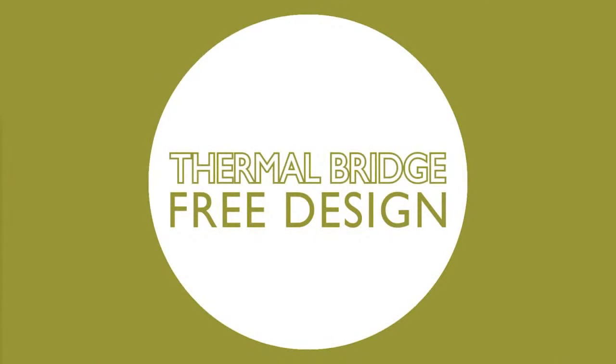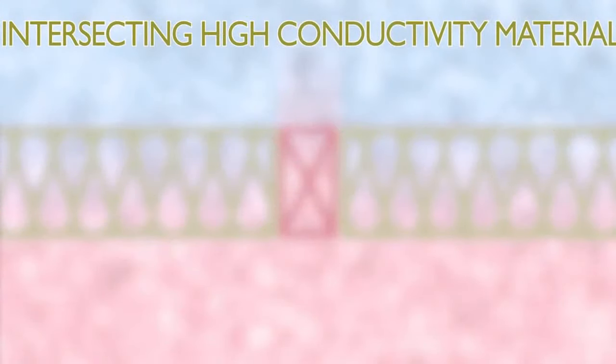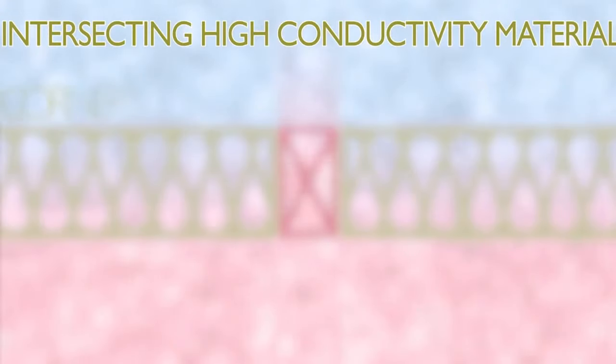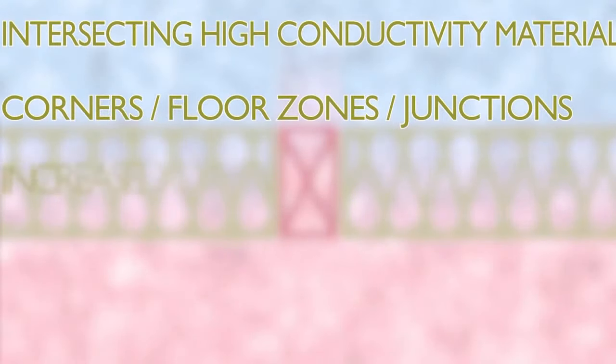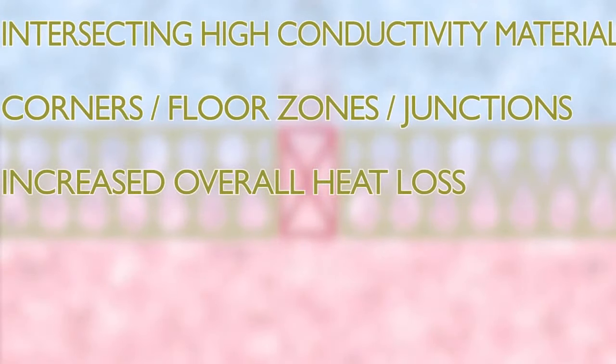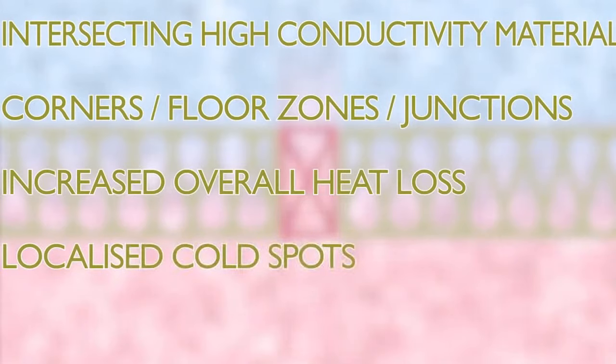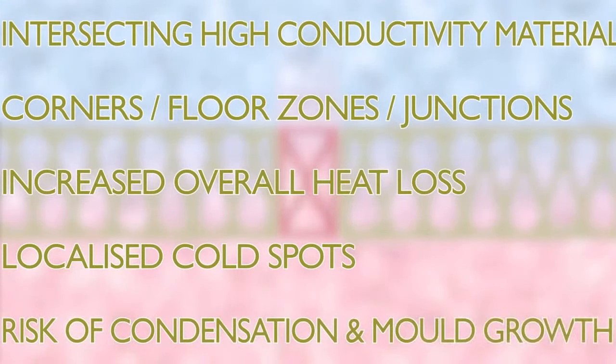The next principle is thermal bridge-free design. A thermal bridge occurs either where a material of higher thermal conductivity intersects a less conductive material, or where building elements join, such as at floor zones or corners. Thermal bridges have two principal negative effects. Firstly, they increase the overall heat loss by providing an easier pathway for heat to escape, and secondly, they create cold spots internally. Condensation and mould growth can occur in these areas, which has a detrimental effect on the indoor